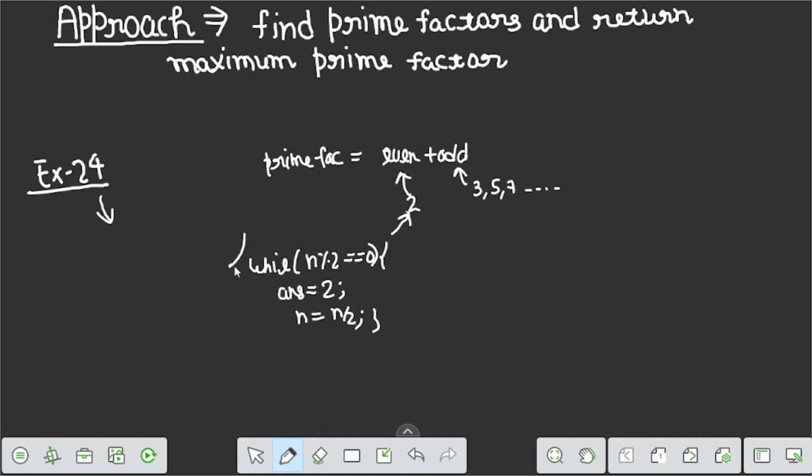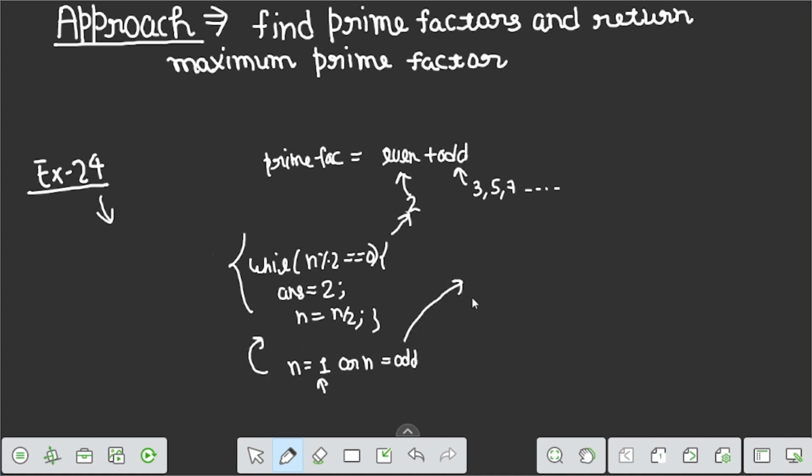This will be clear when I show the code. Now try to understand this. After this while loop, n becomes 1 or n becomes odd. If n becomes 1, then there is no other prime factor of n.